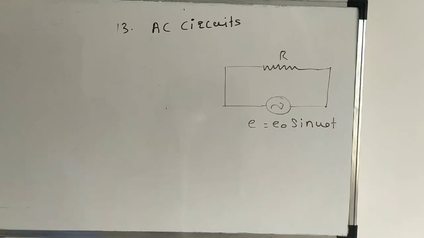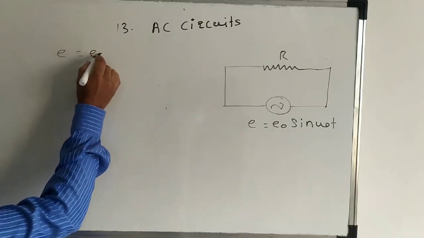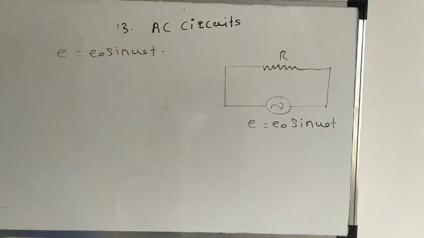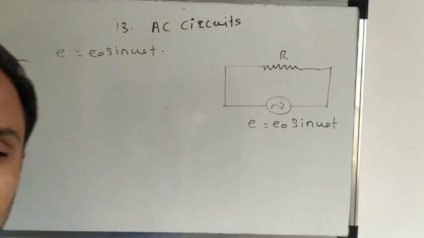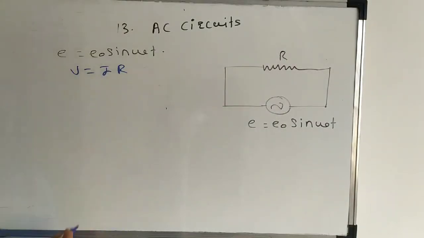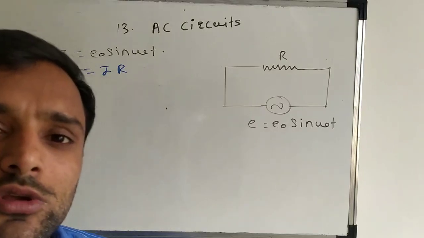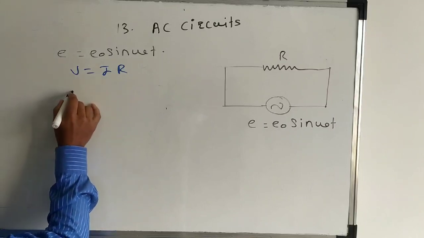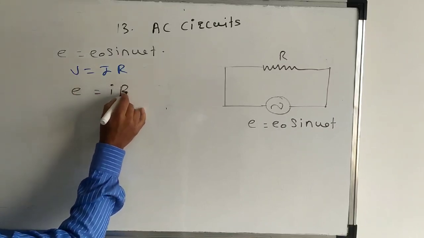Now here we have to derive the value of alternating current, because the EMF is already given. Then what is the value of the alternating current? As per the given, we have E equals E naught sine omega t. How can we write the formula for induced EMF by using Ohm's law? V equals IR. If we write the same equation for this alternating circuit, then we can write E equals IR.